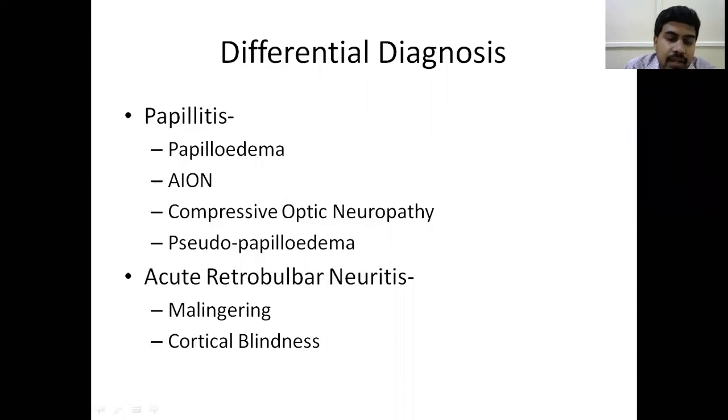Like he has a gain: either he wants to apply for a handicap certificate, or he wants study leave, or some education sick leave, or he doesn't want to go to military duty. In that case, someone who feigns or imitates some symptom like this is known as a malingerer. He has got some financial gain, like a handicap certificate or some insurance, or he doesn't want to go for an exam. So these are the things the person achieves by malingering, which is common in males.